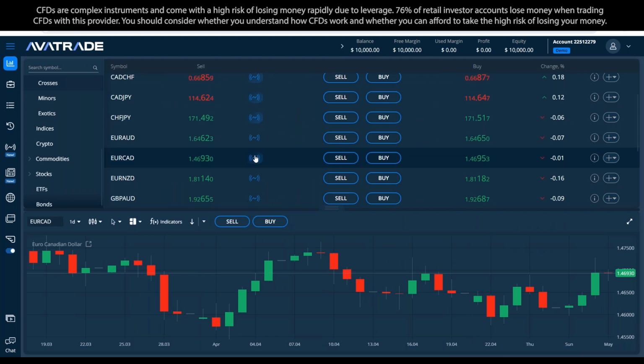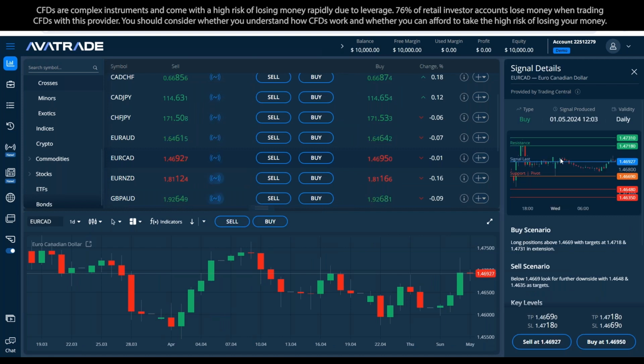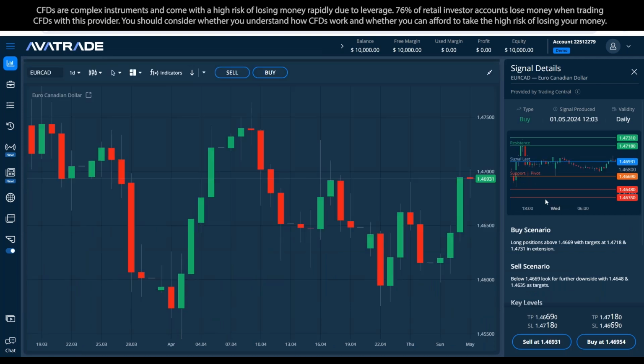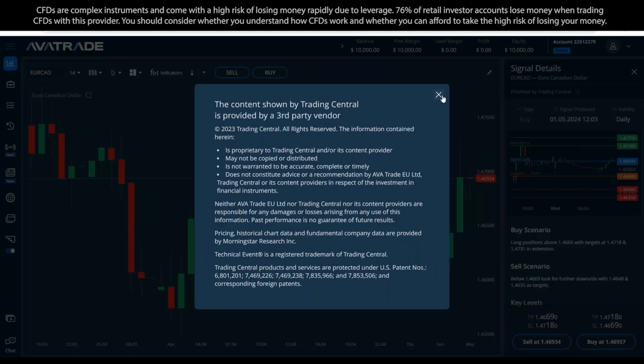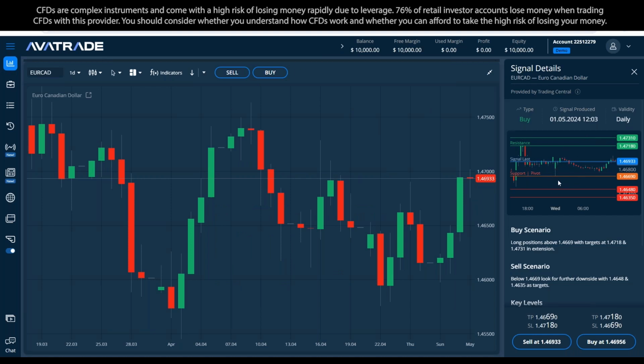So I showed you the signal through here, but I'm going to hop onto the section itself. The reason is, when I'm picking a signal, its analysis has been done upon a certain price. Therefore, the scenario described here is expected to get to certain levels. Now, as you can see here, there is the production time. Whoever analyzed that, whether it's a computer or a human being, and I should clarify, it's not Ava Trade Signals, it's from Trading Central, whatever analysis they have done and whatever scenario is here,